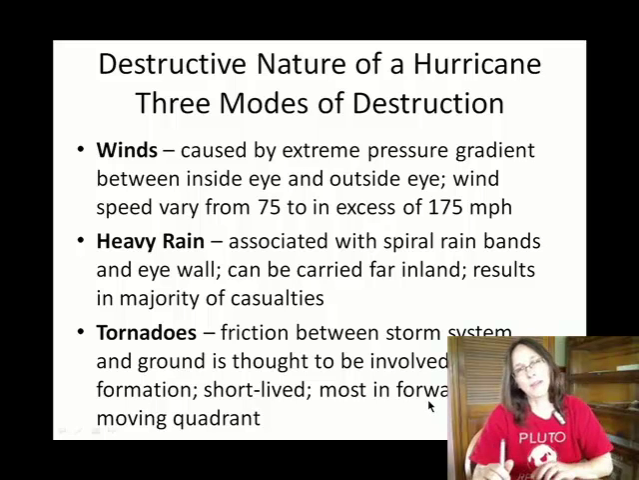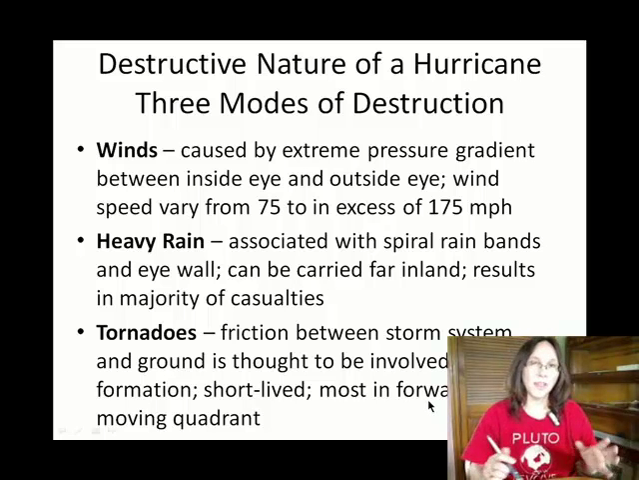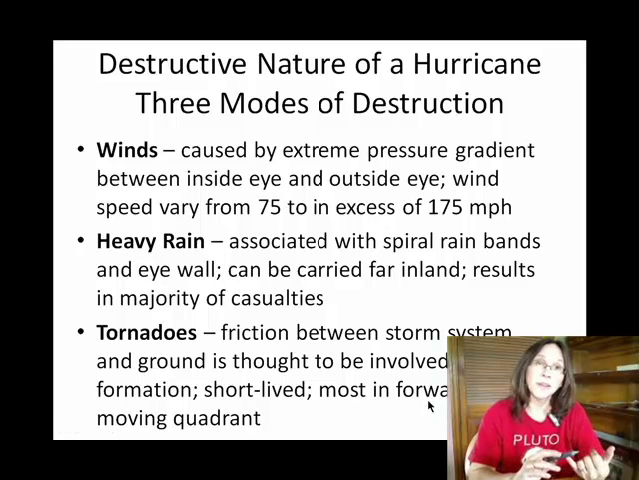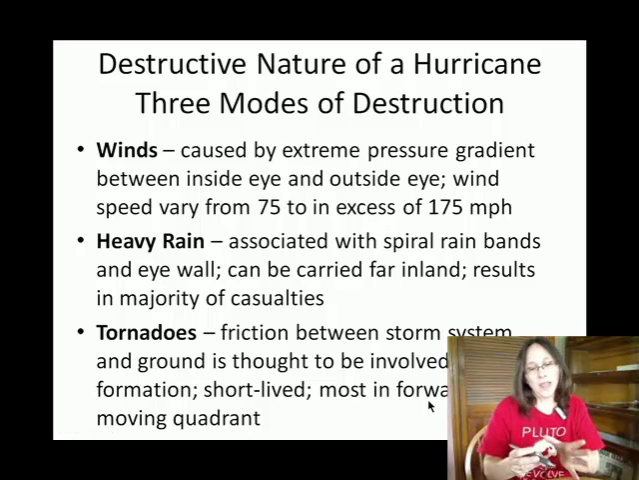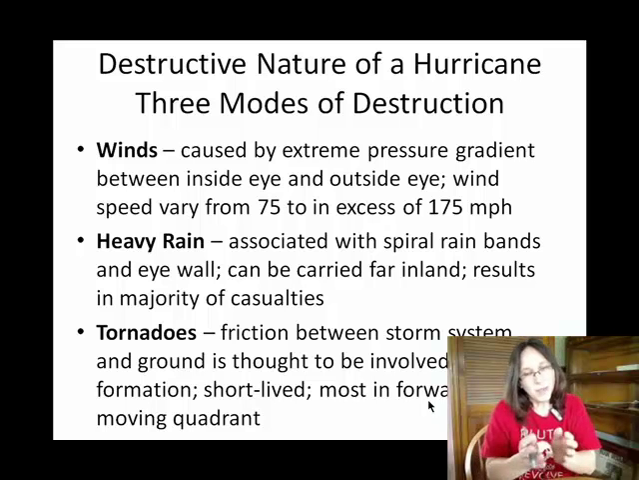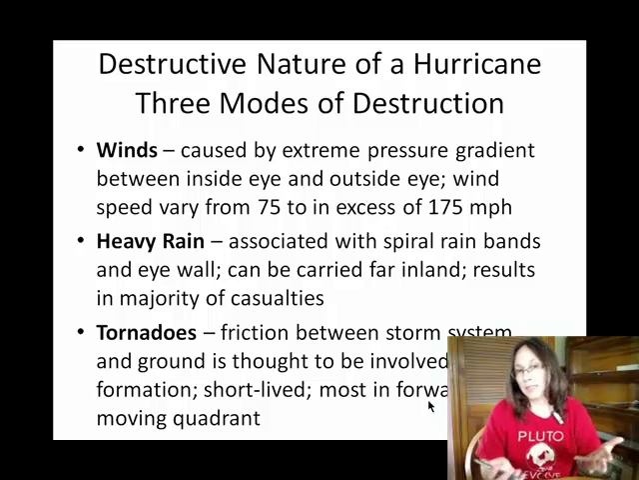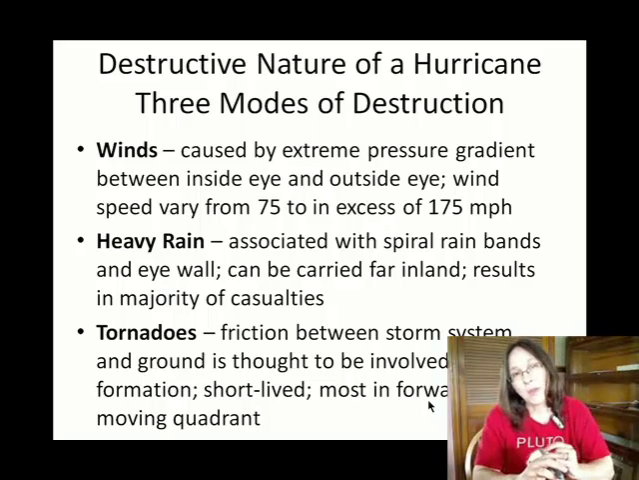So when you think about the anatomy of a hurricane, the things that can get you are the wind. Remember that in a hurricane, the eye is a central low pressure, and depending upon how drastic that pressure gradient is as you move out from the eye, you can have very fast winds, heavy rain, and